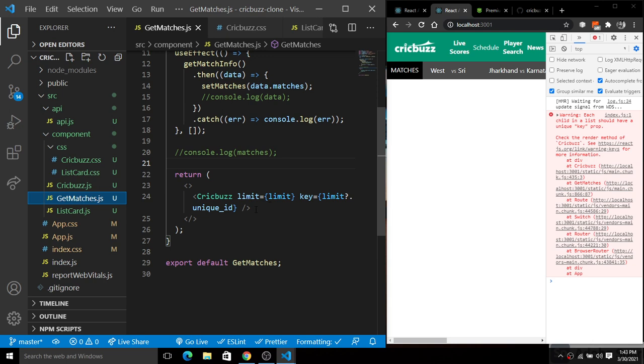All right, so how will we do this? For this, inside of this quickbuzz.js, we will call or simply implement the list card also, there inside of this get matches after the ClickBuzz, right?